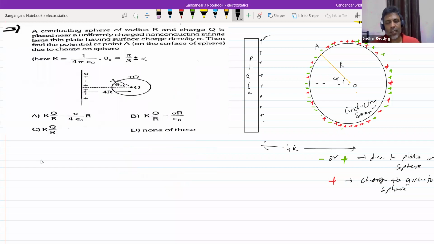Okay, right. Potential at point O. What is the total potential at point O due to charge on the sphere plus charge due to plate? So I'll write it like this. Net potential at point O equal to